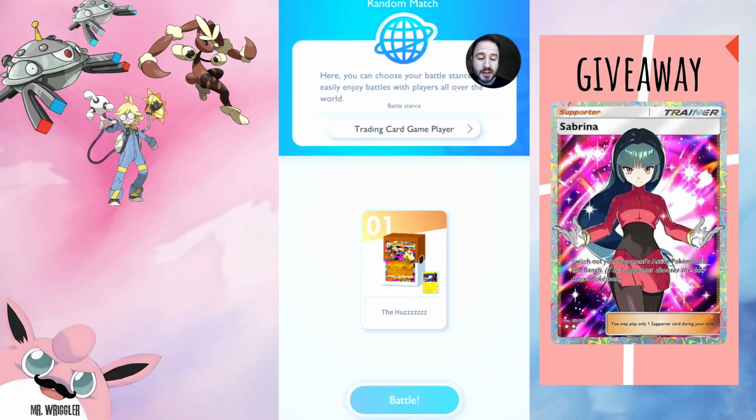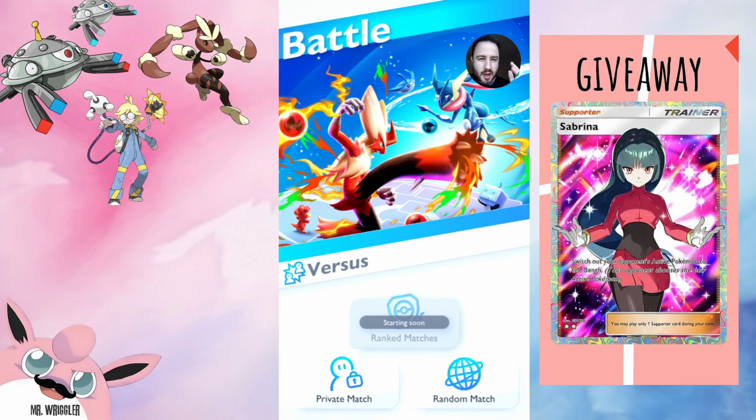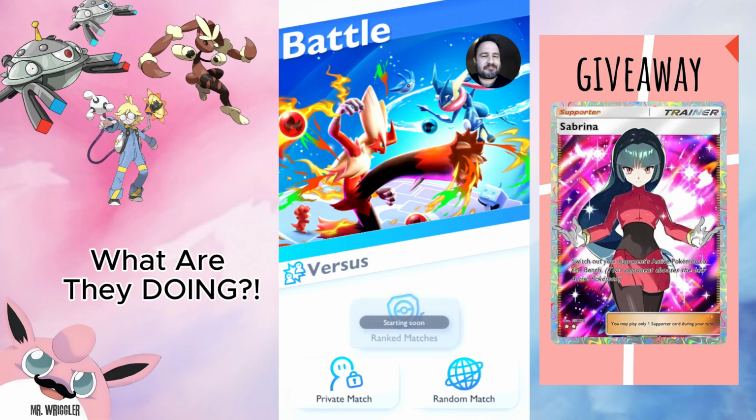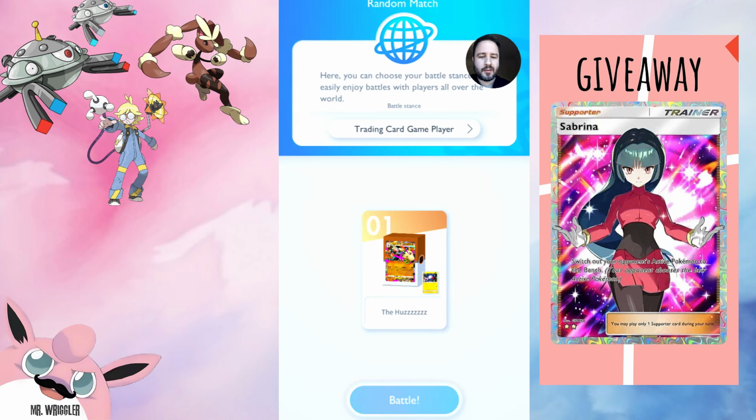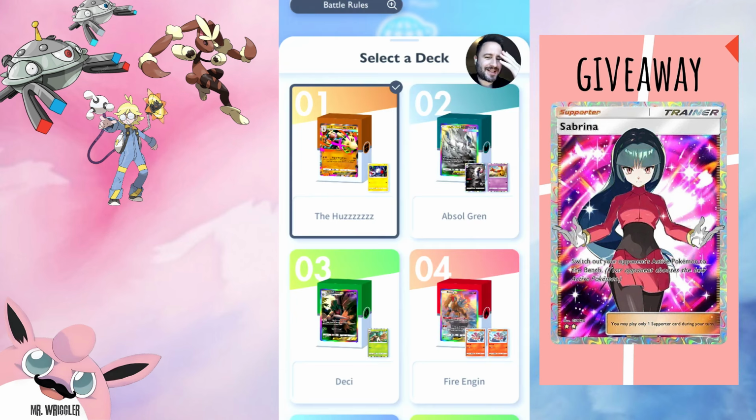My name is Mr. Wriggler, and we got another ranked deck here. Just joking. There is no ranked. There is no ranked for another 3 weeks. I don't know how I feel about that. I actually do know how I feel about that. I'm mad! But the new set did drop, and I think this deck,